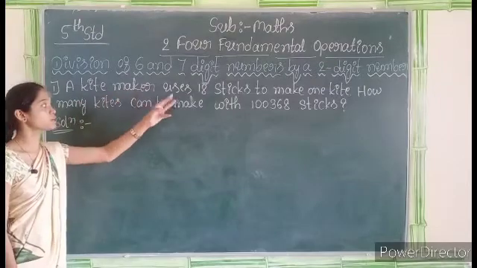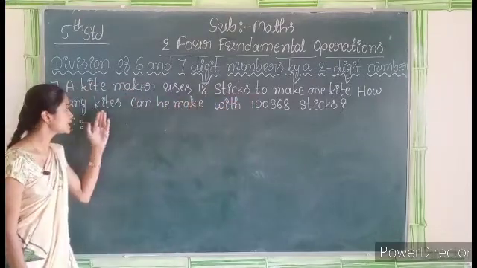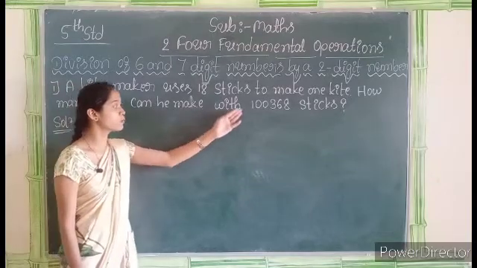A kite maker uses 18 sticks to make one kite. How many kites can he make with